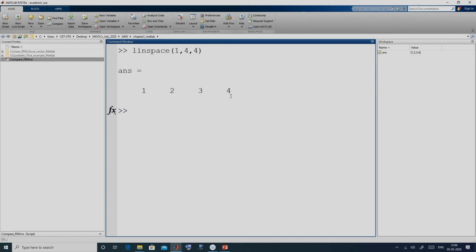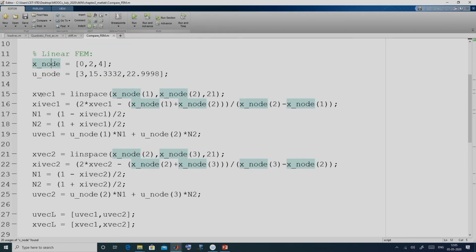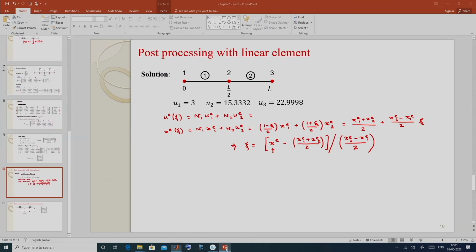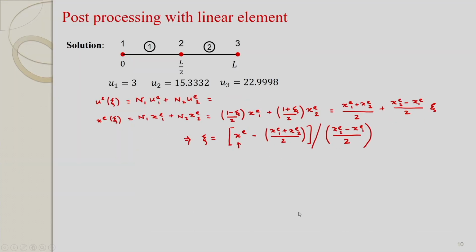the output. So, we create a vector of 21 points increasing from left node to right node with equal spacing. Then the corresponding xi can be obtained from this relation. This relation can be further written in this form.